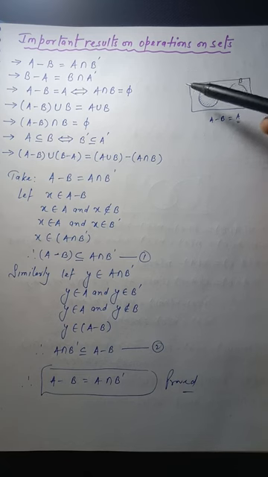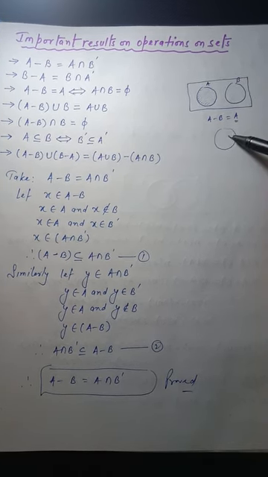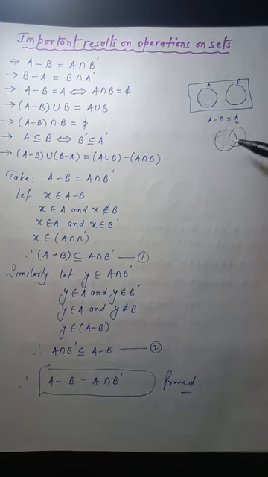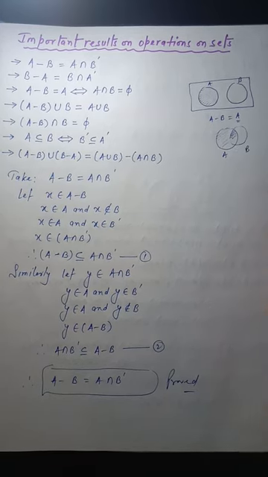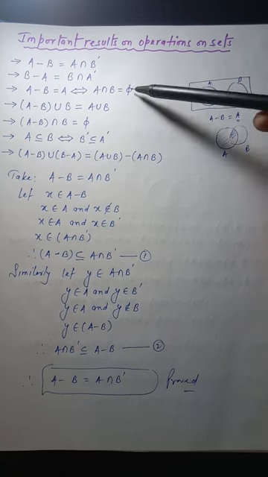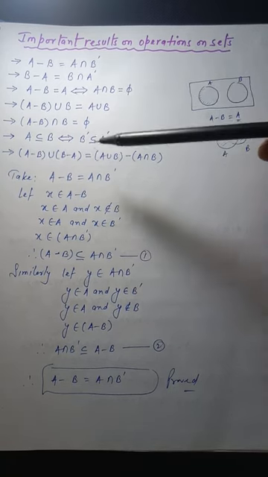So in this case, A intersection B will be phi, because if this is the condition, if this is correct, this is A, this is B, so here A minus B is not equal to A because this part is left. So it means when A minus B is equal to A, A and B are non-intersecting sets and there is no common part. And this theorem can easily be proved by using this technique also.